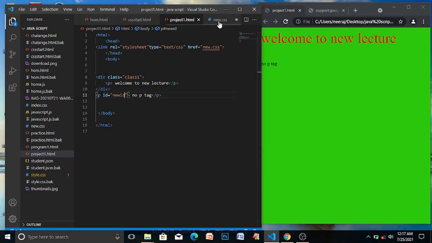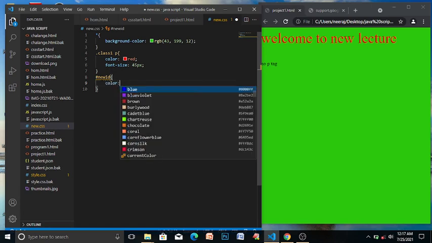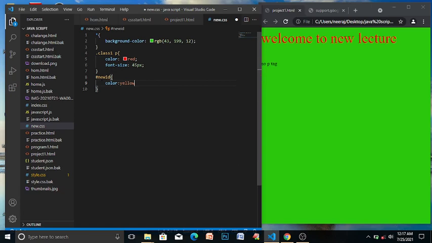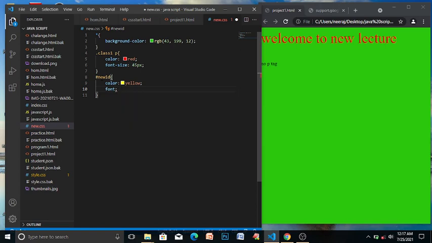Now you can see the property of this will change. Hash new id. I want the color of this as yellow. Font size 78 px, and save it.